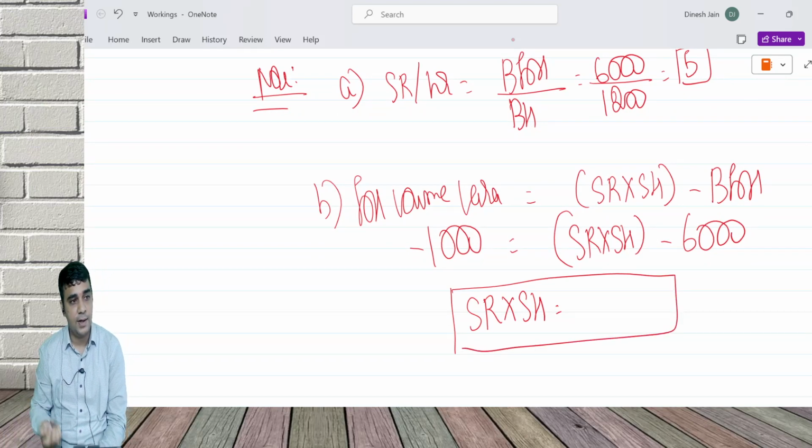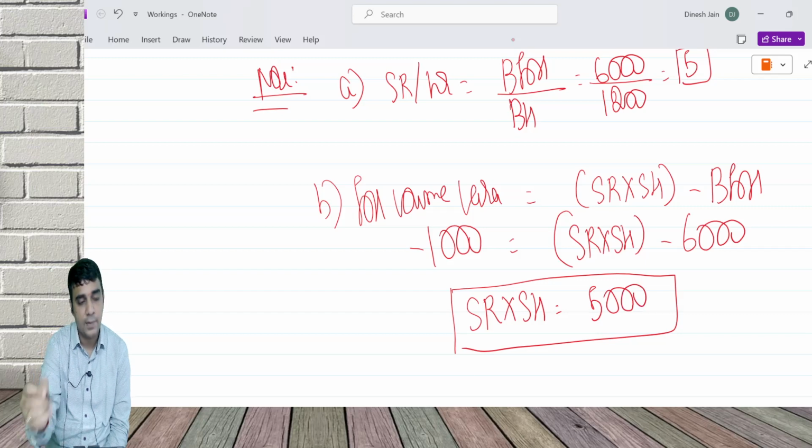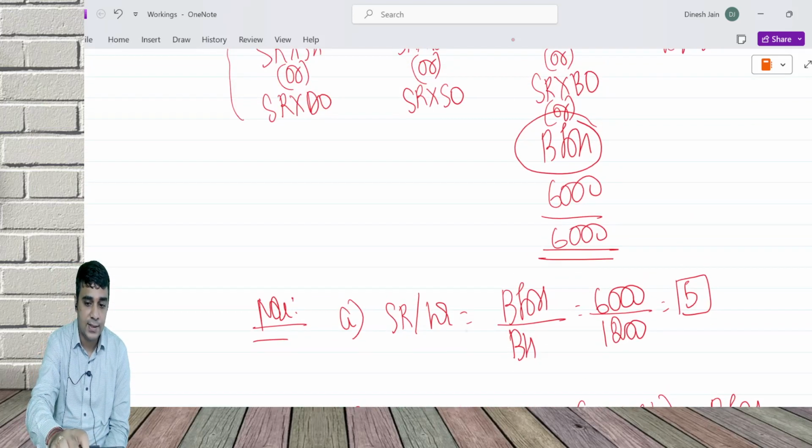How much is SR into SH? Let's write that in the first column. 5,000. SR into SH is 5,000. Any doubts? Clear? Can you proceed? So I write this 5,000